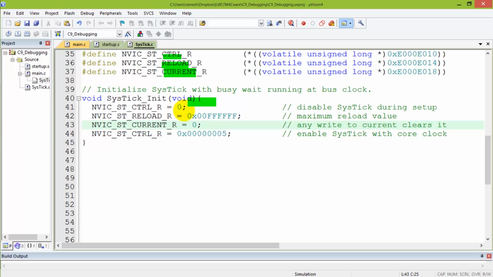I disable the counter by writing a 0. And then I initialize the reload value to the maximum possible. And then I write 0 to the counter so that it becomes clear. And then this part here does 3 things, which are